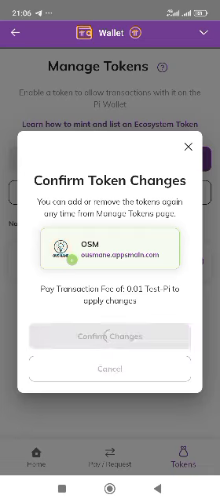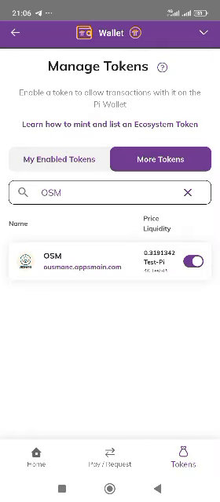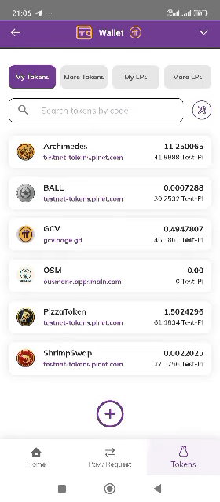change. And to do that, they are charging me again with 0.01 test Pi. So it has been added. If I close this one now, I must see the token inside my what? Let's go back. My token, you can see it here. So before I can provide liquidity for this OSM with Pi, I must have something here. This balance must